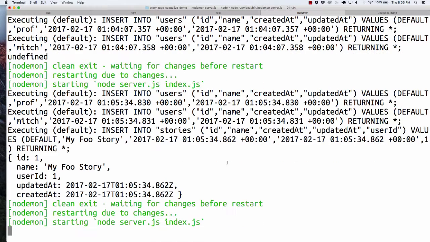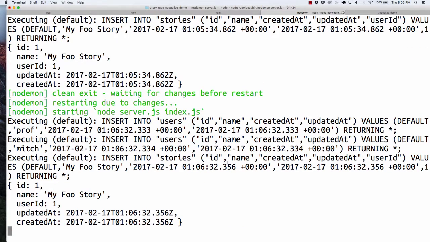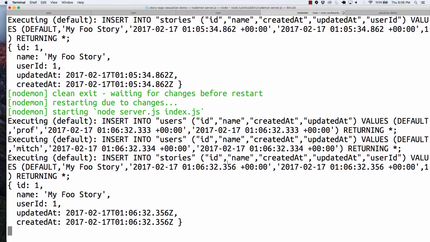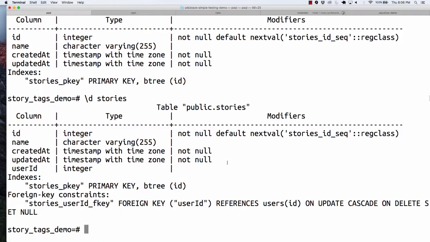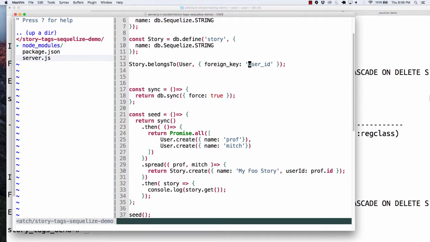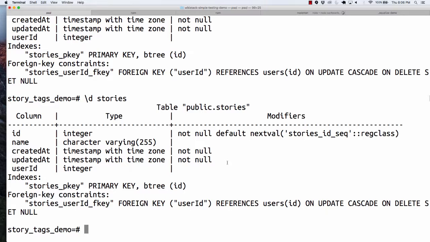I don't know if that's going to work. Let's see. Let's just see if that changes the database here. D stories. Okay. So let's actually see if it is foreign key, which maybe would make a little bit more